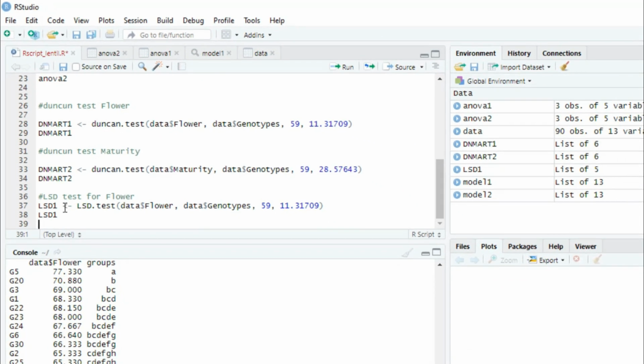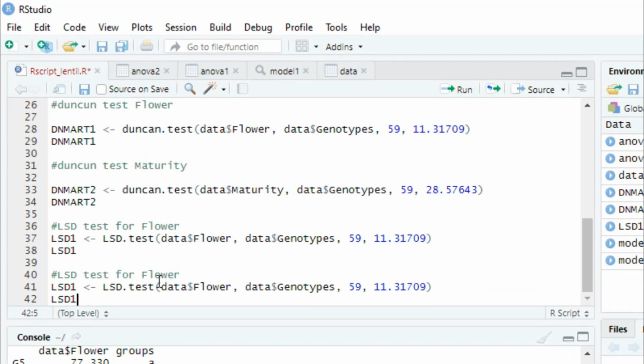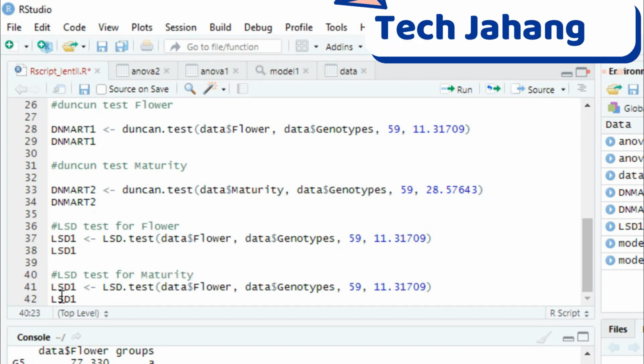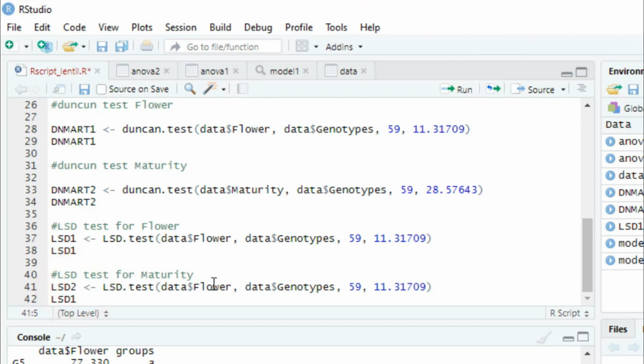LSD test again, LSD for our maturity. So we can store LSD2, same procedure but not flower.